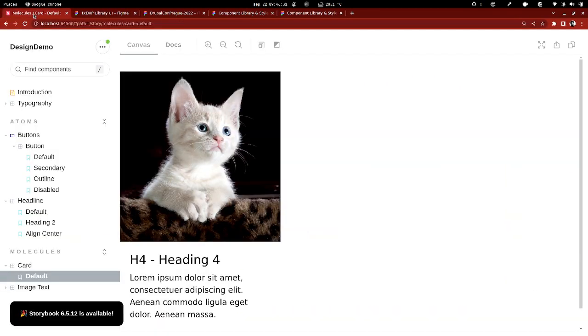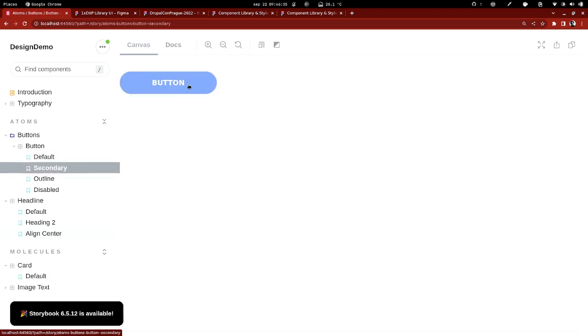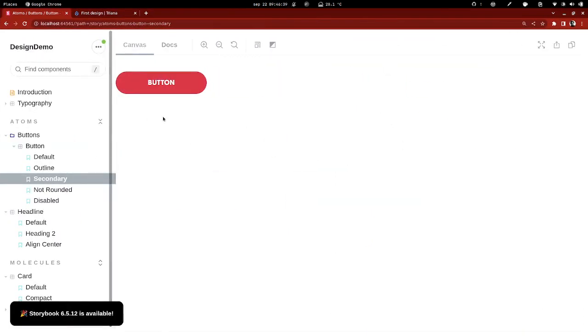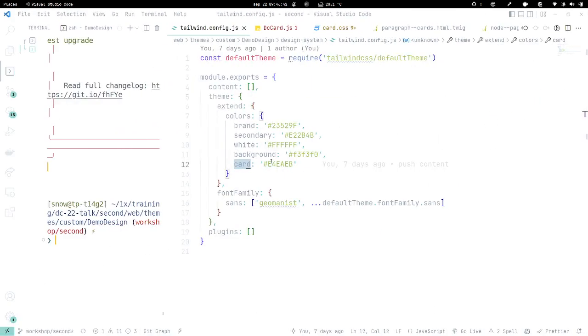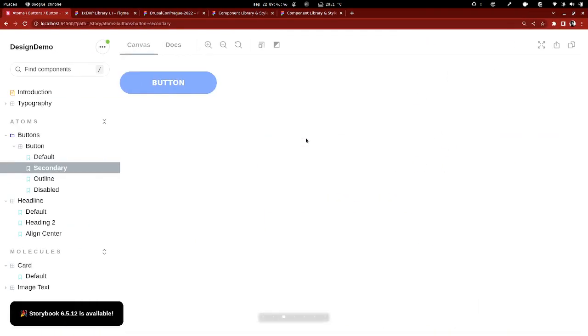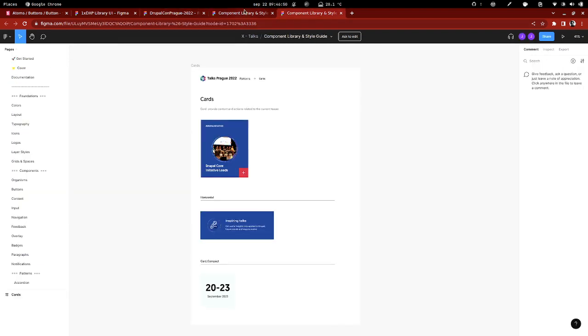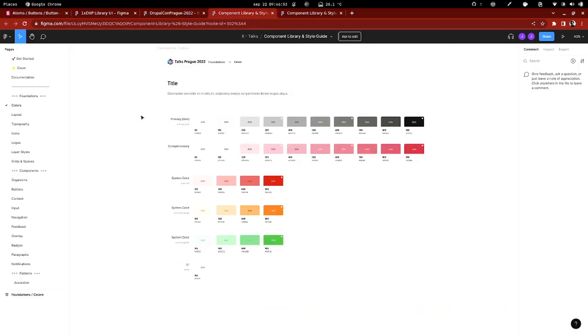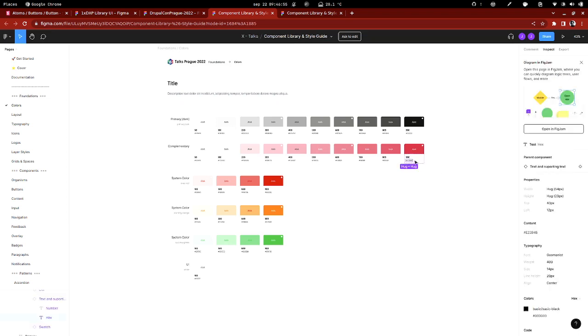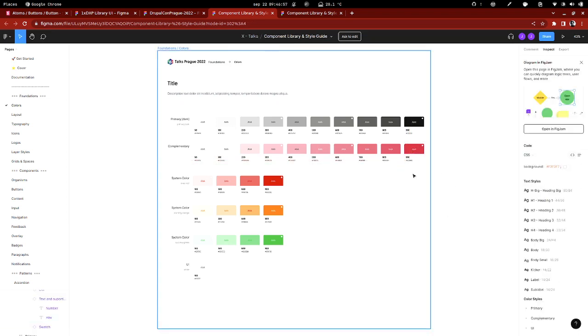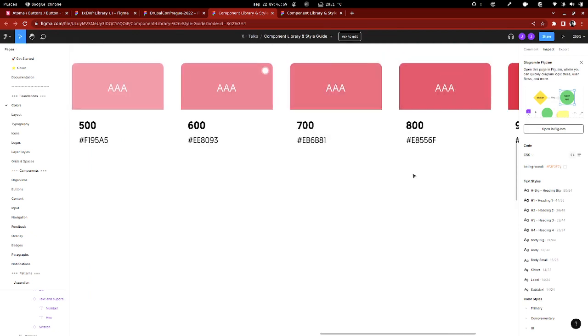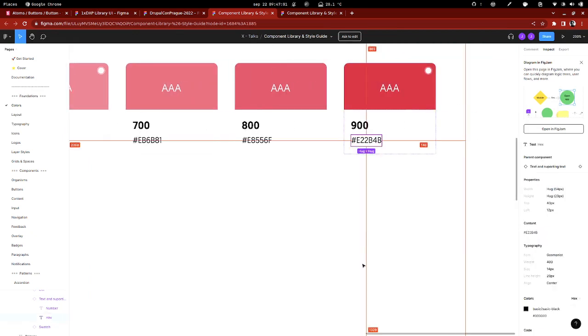This was our first iteration with only the template, and if we go to the secondary, it was having some blue demo color. Now if we go here, as we have changed the secondary color, it's matching the colors that Lara has defined right here in our colors foundation section, this one. You can see it, but if I zoom maybe, exactly this one here we have copied to the